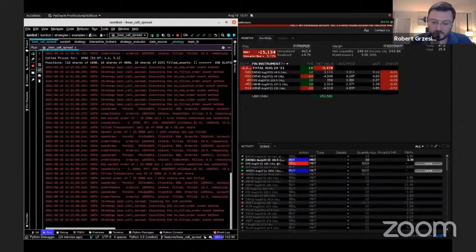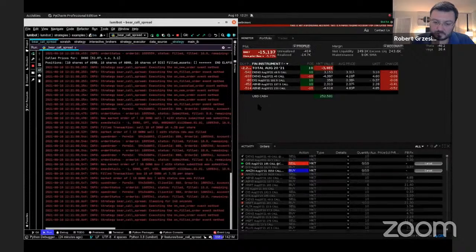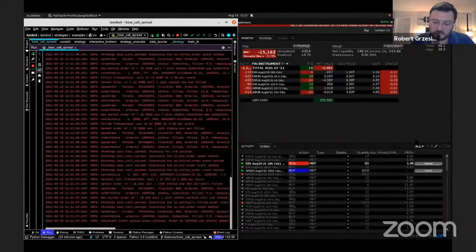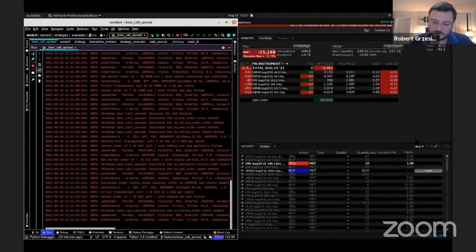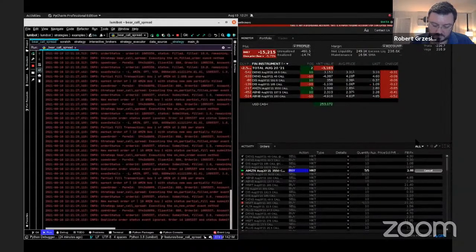When it settles down for a second, we're going to have a look at one of these. I guess we could look at Airbnb right now. You can see here, for example, the short call is at 150 and the long call is at 157.5 as per the bear call strategy. We have a number of criteria selecting which stocks are going to get selected. We'll teach those in the course and how to do that. You may have your own ideas and algorithms that you want to trade. They're all customizable using the Lumibot strategy in Python code.